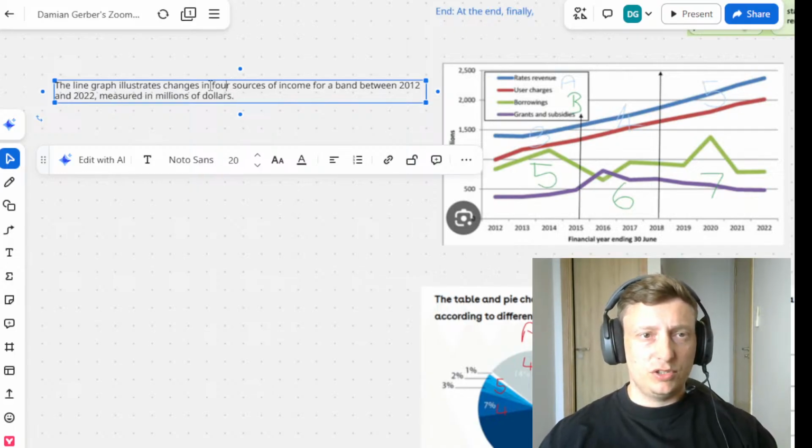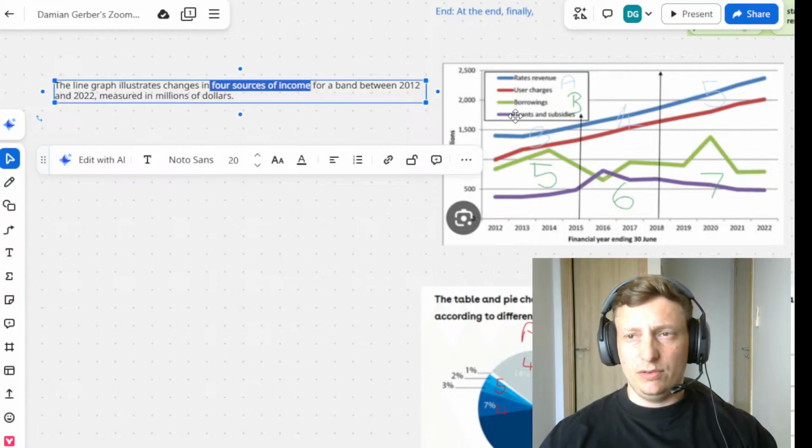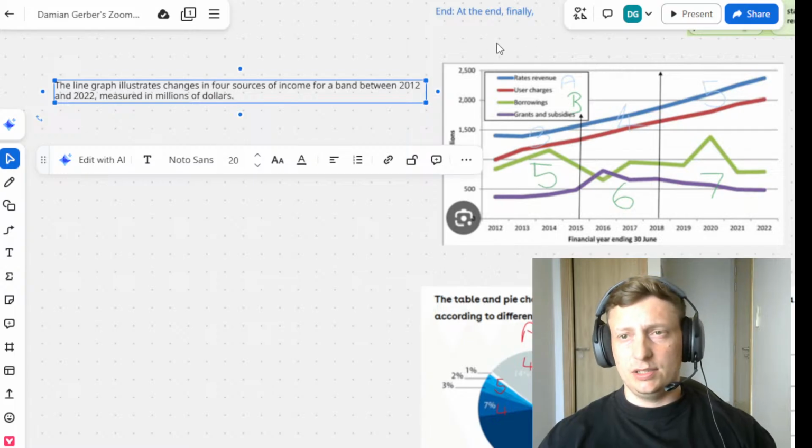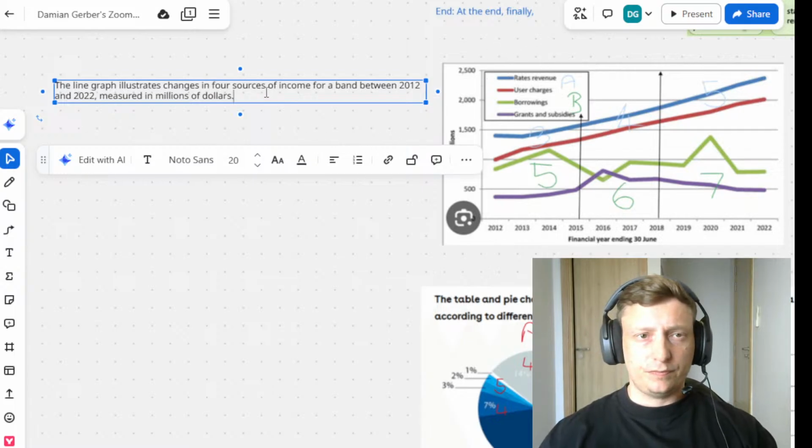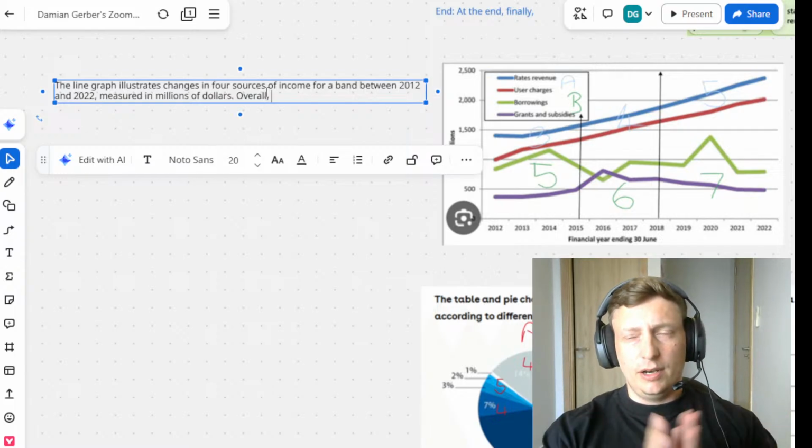Where I've put in 4 sources of income here, if you want to, in brackets, list them out, you can, but I don't think it's super necessary. So as you can see, I've literally just taken the information that's on the line graph, and you can just put this in your title. It will always be paraphrased for how the title is actually given to you. Okay, first sentence, least important sentence of the whole essay, by the way, so please don't spend too much time on it. Now we get into the important part.